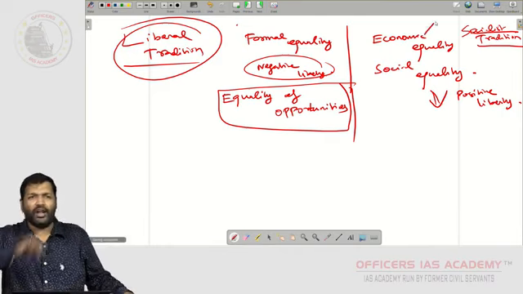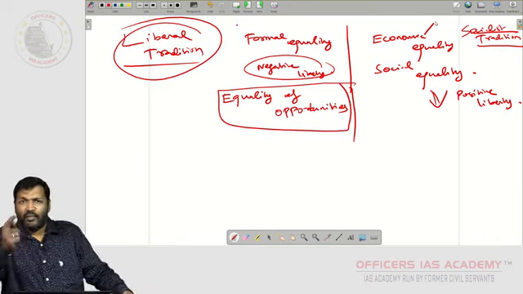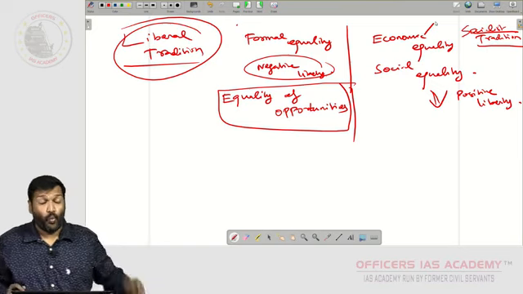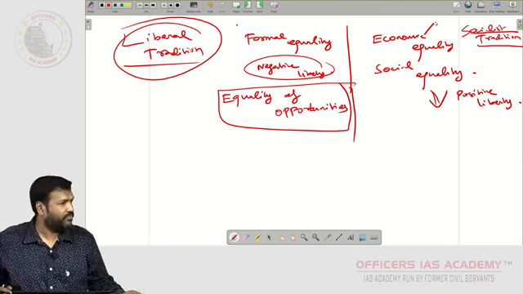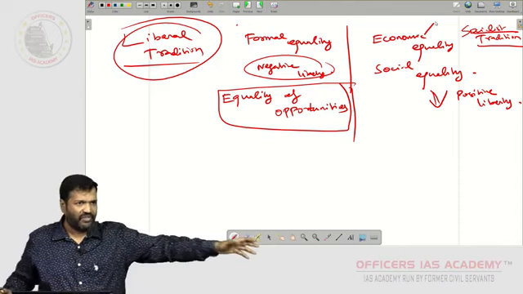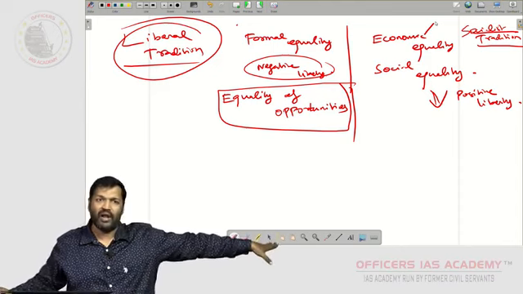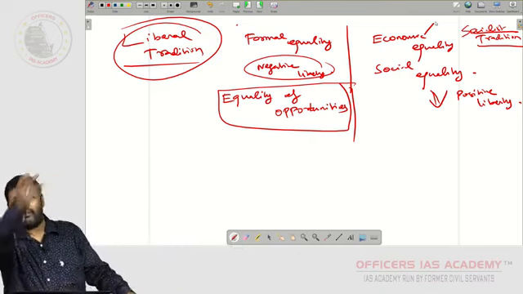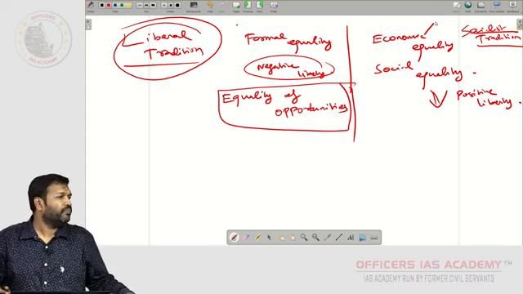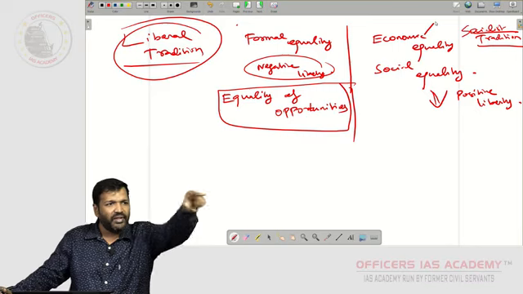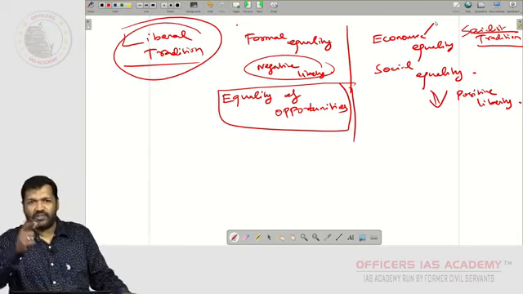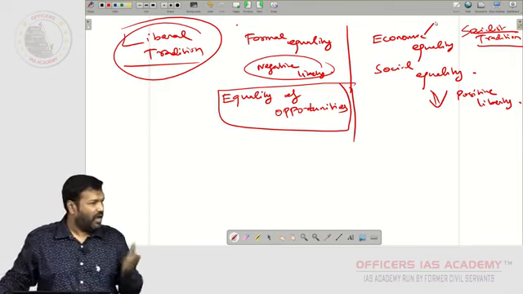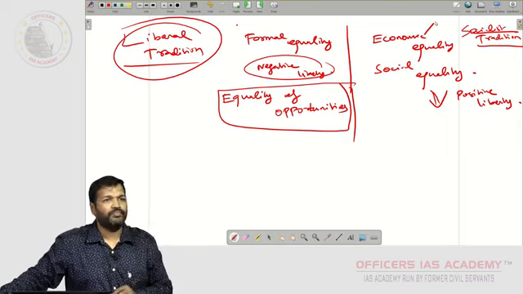How can you create an economic equality? Technically, then merit dies there. Trying to create economic equality: one person is meritorious, he is a hard working person, and definitely he should be given more worth because he is working hard. Another person is a lazy person, not at all working. You want to create economic equality. How will you create it there? And what is the incentive that you give for merit? All this is liberal tradition. There should be some incentive for merit, isn't it? He is working hard, he is talented enough, and he should be given, the meritorious should rule.